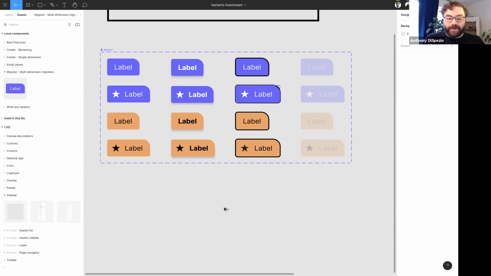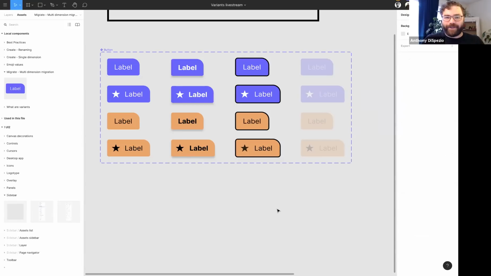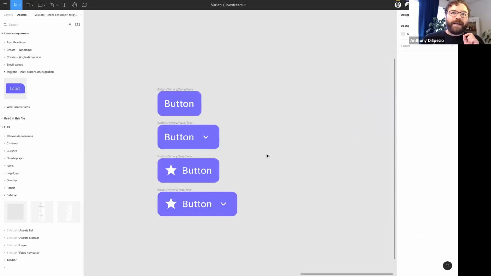And now I have my awesome working multi-dimensional component. As you can see here, a ton of power with what we're doing as far as building on the stuff that we were showing a minute ago too. I am going to show one other quick example here, which is another interesting and quick way to build multi-dimensional